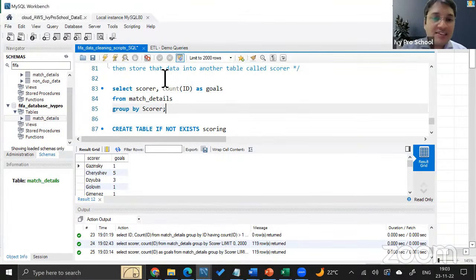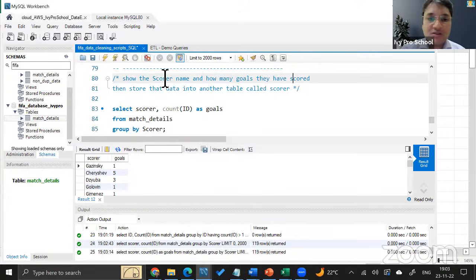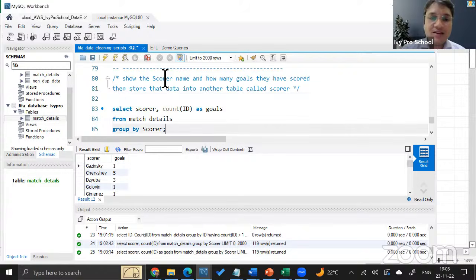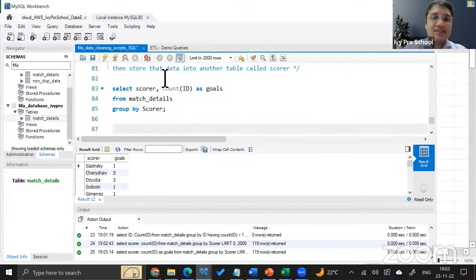So now the second part, it says then store that data into another table. Great. So show the number of goals for each scorer and then store the data into another table called scorer. So let's do that. And this is where we will repeat the same thing that we learned earlier. Create table, name the table as scorer.